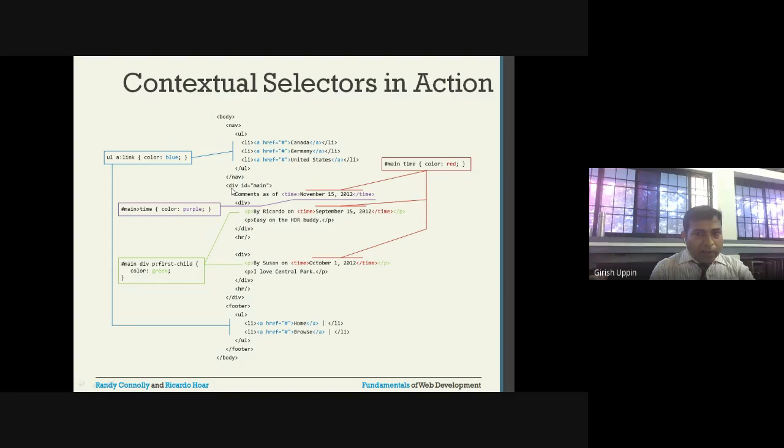And inside the div, without any p, I have some text comments, then I have the time HTML element, and inside that I have the text November 15 2012, and this is the closing time tag. So this is the opening. Inside the div another div is there, so this div starts here and that div ends here.